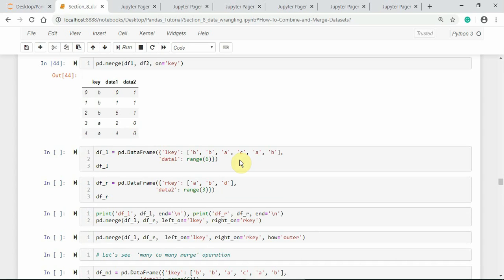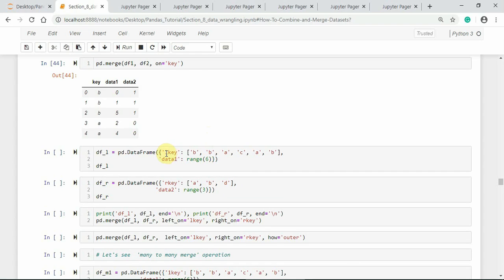Suppose if the data frame column names are different, we can use left on and right on parameters separately. Let us rename the key columns in both the data frame objects created earlier.